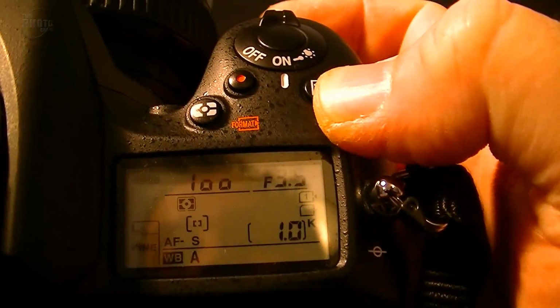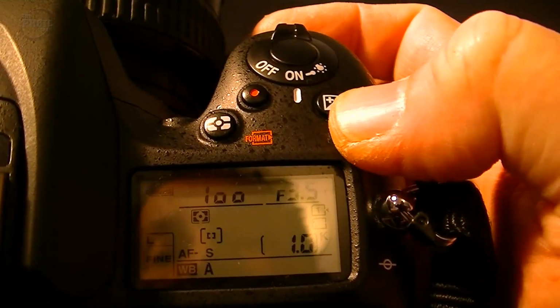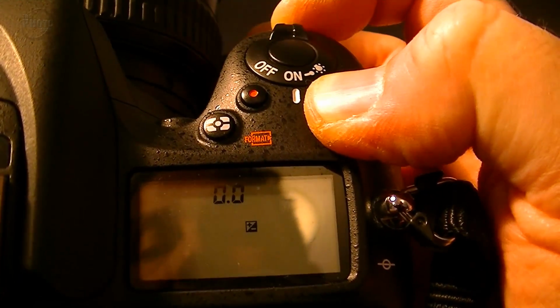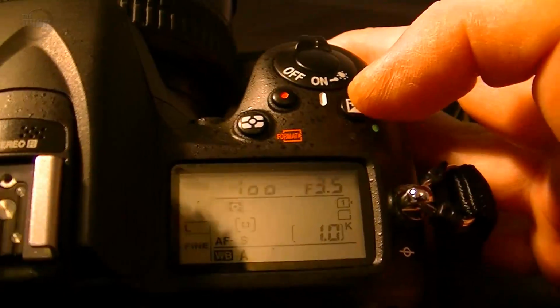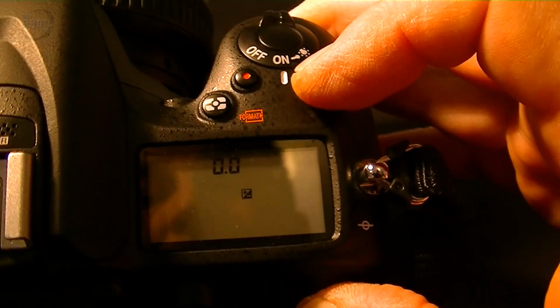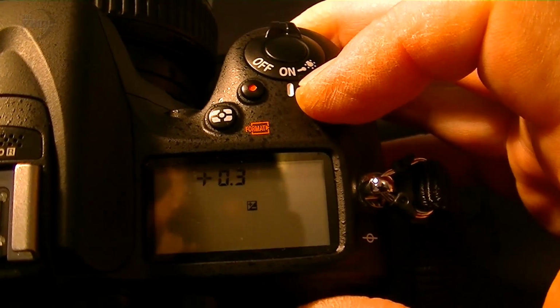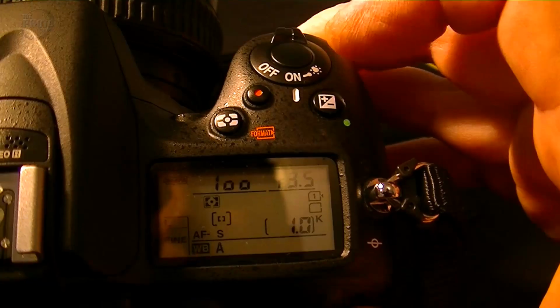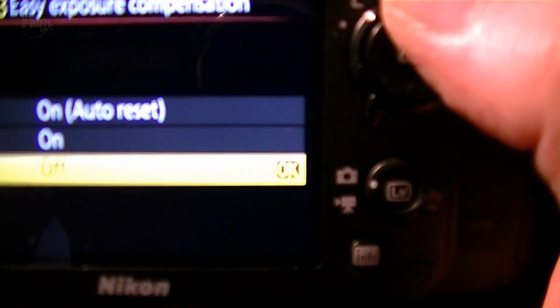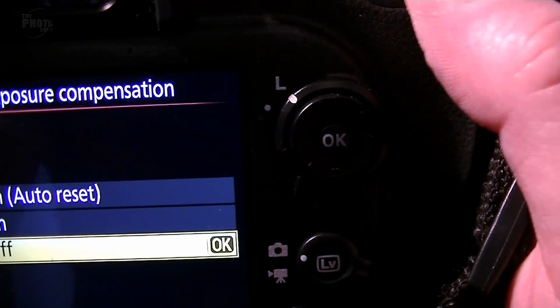It's dropped out of focus. Normally if you're adjusting your exposure value, you hold that down and you'll use the rear command dial on the back of the camera here, to increase or decrease your exposure value. What this menu allows you to do is to use the front and rear command dials to adjust your exposure